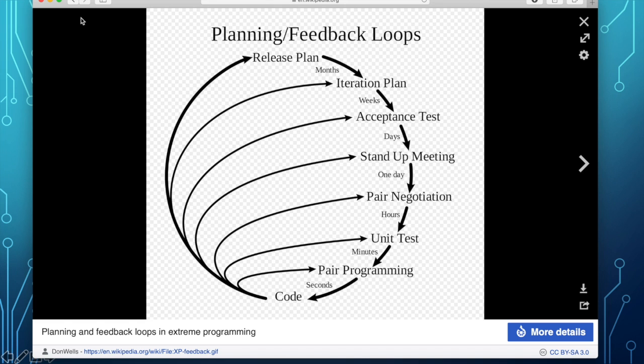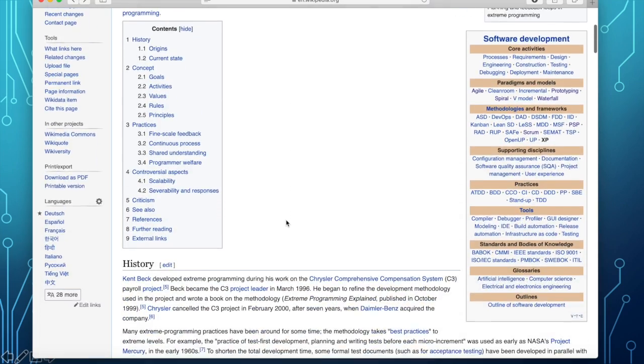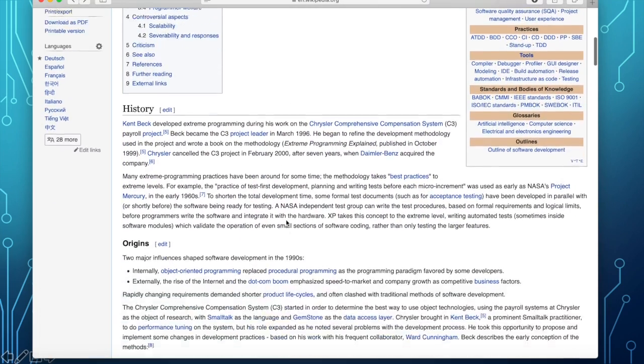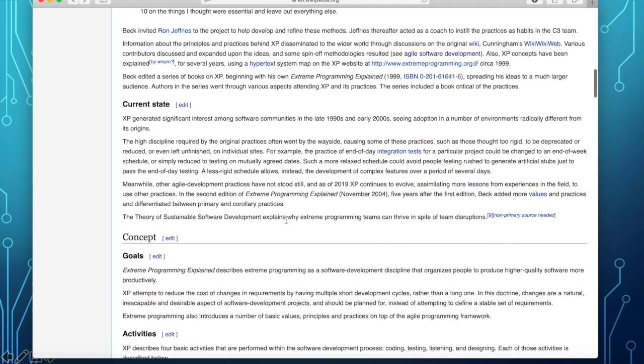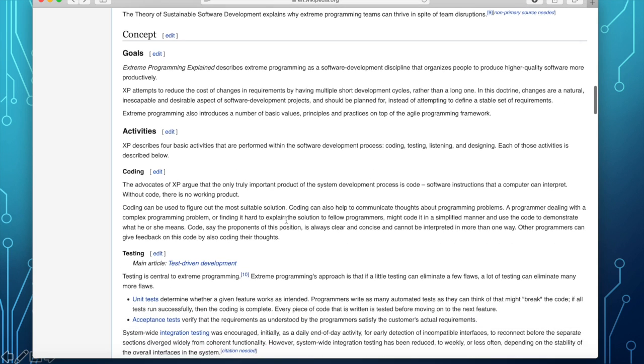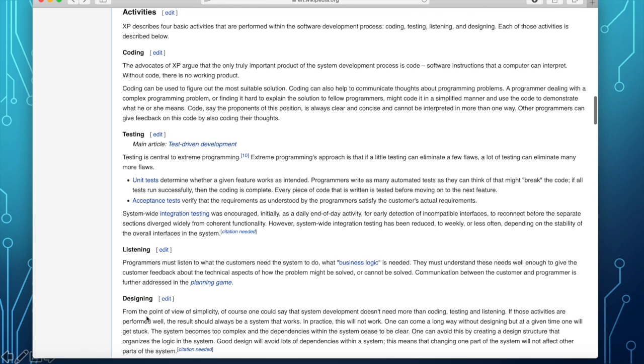Okay, and the criticism, if this is applied to regular software, is that you only code and you test, and of course you listen to the client or to the game tester. And since you don't need design here, design was added.